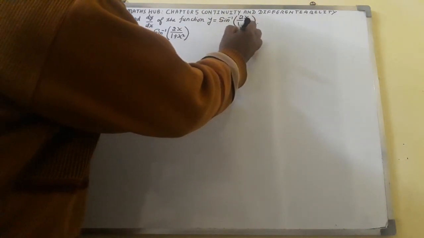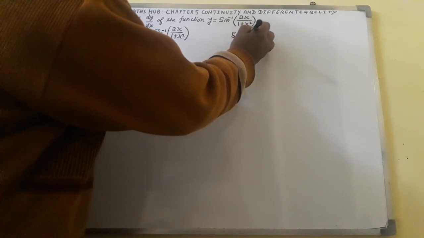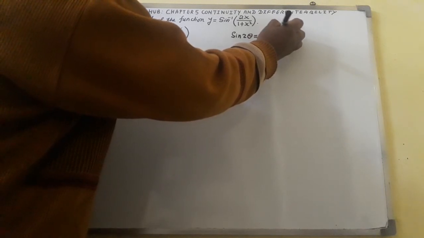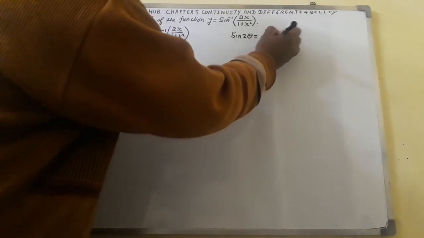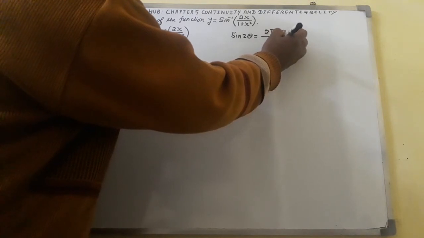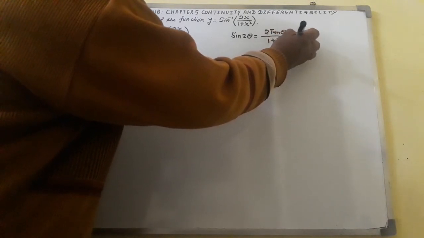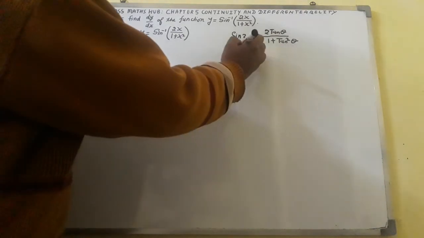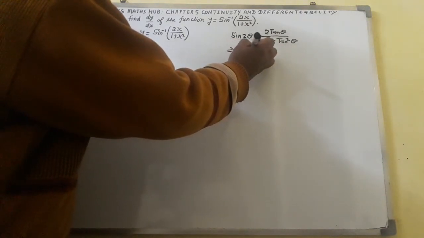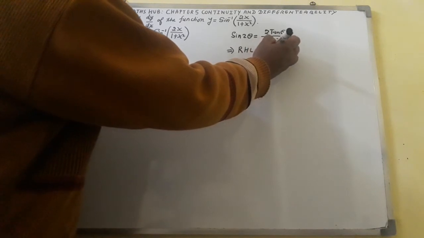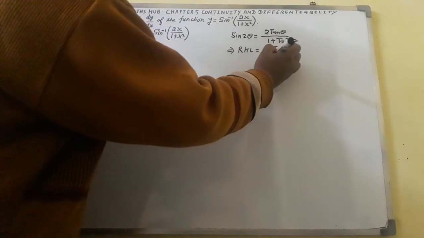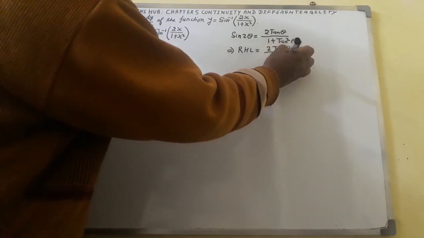sin 2 theta equal to 2 tan theta whole over 1 plus tan square theta. Just I shall do the proving of this formula also. Here I can write, let RHS equal to 2 tan theta whole over 1 plus tan square theta